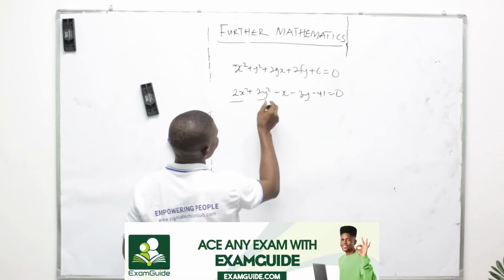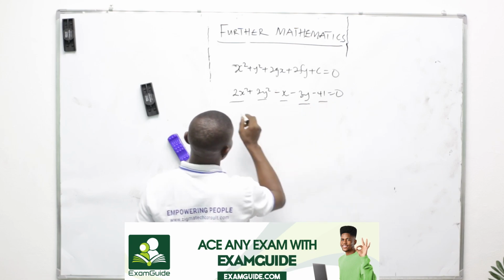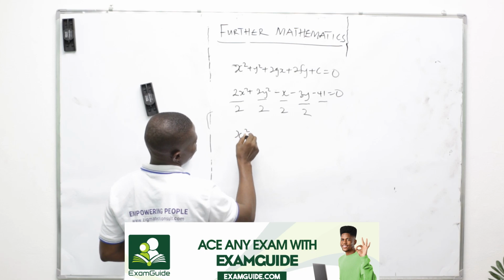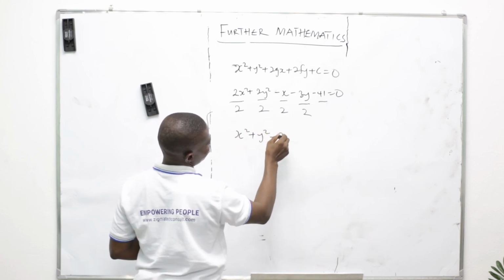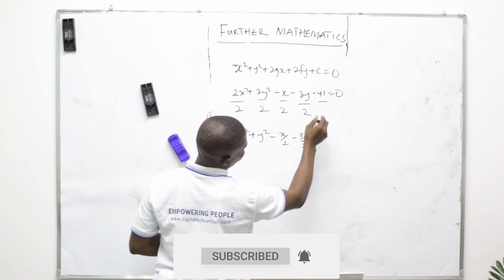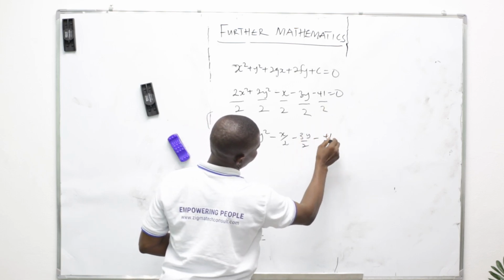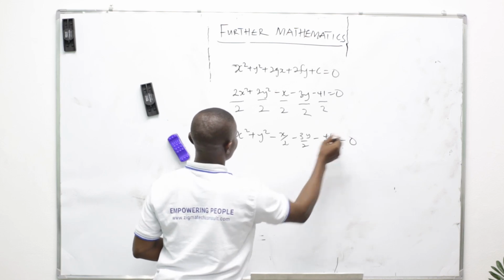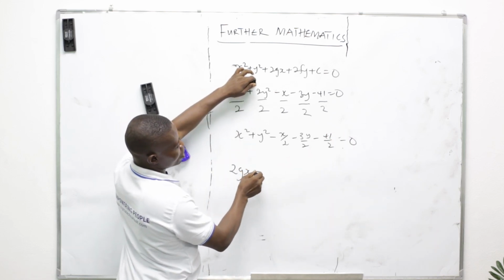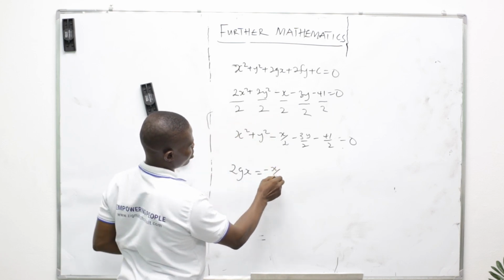Divide through by 2 in each case to make it unity. Meaning now x squared plus y squared minus x all over 2 minus 3y all over 2 minus 41 all over 2 equals 0. By comparison, we have that 2g of x is equal to this